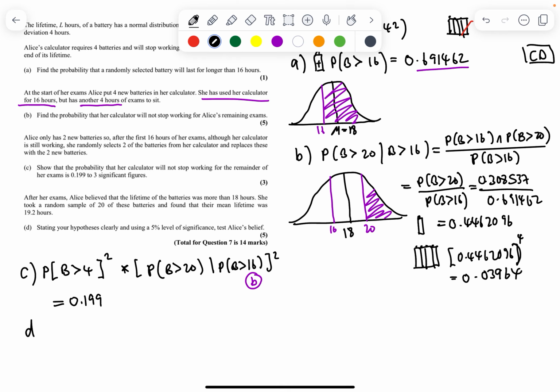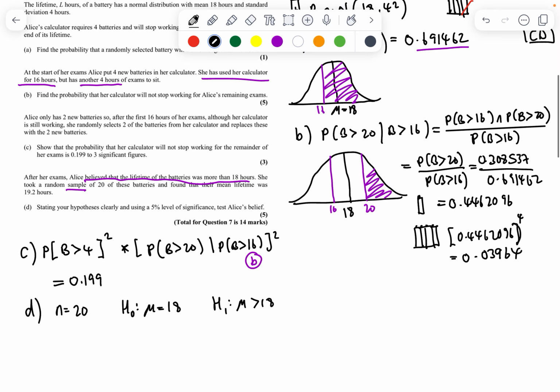Arthur claims she believes that the lifetime of the batteries was more than 18 hours. She took a random sample of 20. So straight away, key word here is sample. So that means that our sample size is 20, and we have to come up with a hypothesis. H0 is that the mean is 18 as we thought it was. Alternative, that the mean is greater than 18 because Alice believed that the lifeline of the batteries was more. So we've got a 1-tailed test,